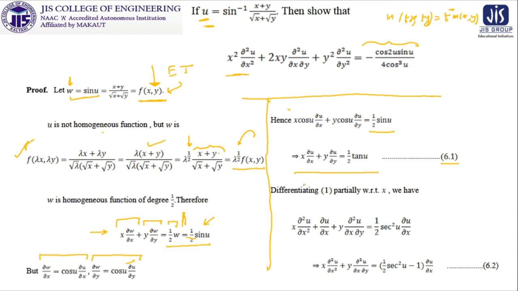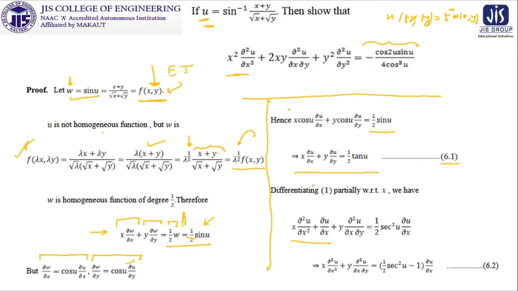x is kept as it was, and ∂u/∂x is differentiated partially with respect to x. It is ∂²u/∂x². According to the multiplication rule, ∂u/∂x will be kept as it was and x will be partially differentiated with respect to x and it will be 1. That is why these two terms came from the first term.